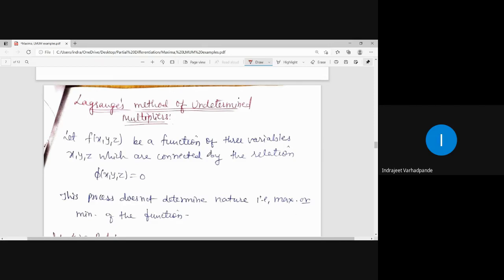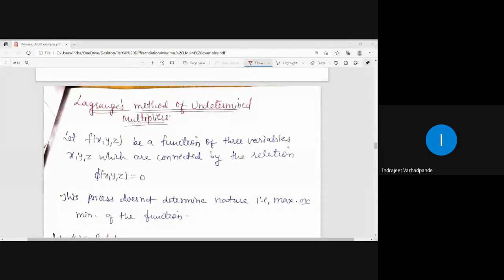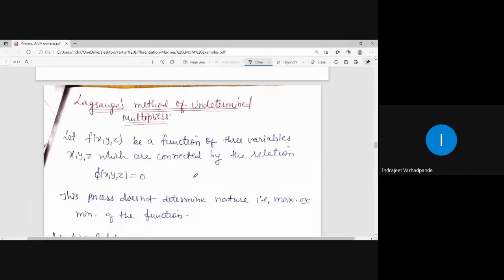So whenever we have many complicated terms available with us, but still we have to determine the maximum or the minimum value, we will move ahead with Lagrange's method of undetermined multipliers. Sometimes it is mentioned in the question, but if it is not mentioned in the example to use Lagrange's method, but we are unable to apply the conditions of maxima and minima, we will go ahead with Lagrange's method of undetermined multipliers.